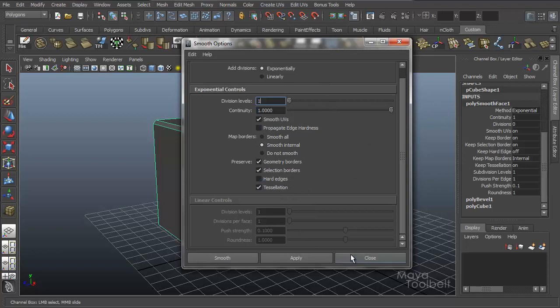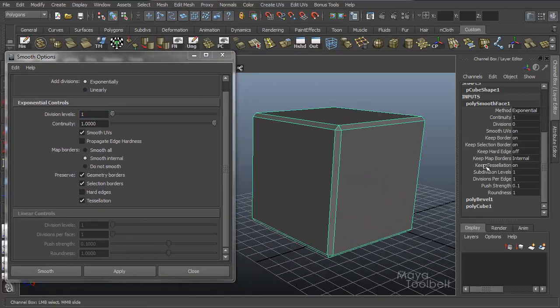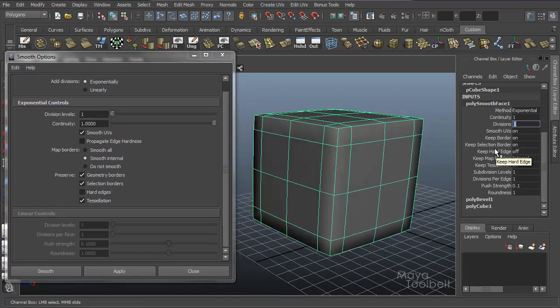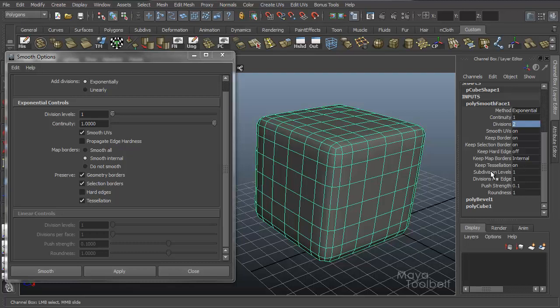So since we already have a smooth applied, right now this division says 0, so it's turned off. We can look at these options in our cube by adjusting them here in the channel box. So let me increase my divisions up to 1, which turns my smooth on. Actually, let's do 2. Another thing you'll notice in the channel box, there is no separation between exponential and linear